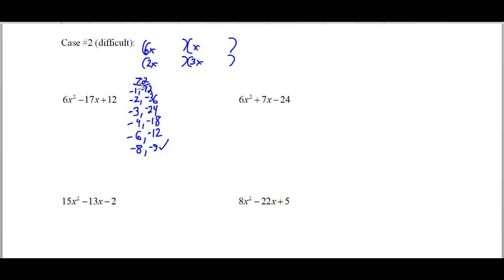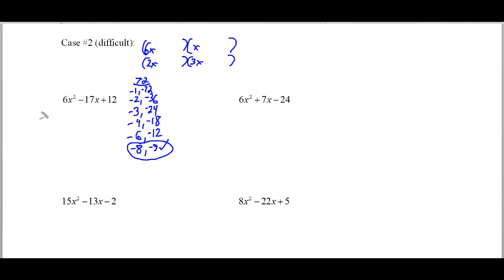So here is the first step. The first step was just multiplying the 6 times 12 to get our magic number. Then we go and check our possibilities until we get to the one that makes that combination that will make the middle here. Now, what this does, though, is this actually sets up my problem to make this into a